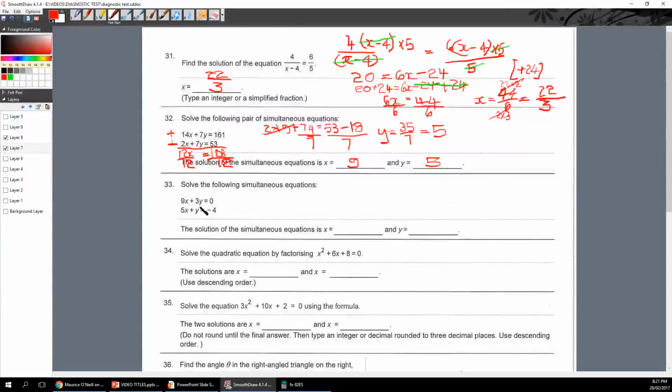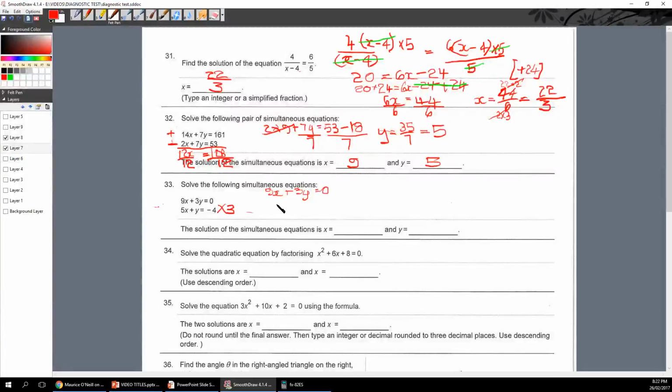What you can do with this one here, well, you can do the same sort of thing, except you've got 9x, 5x, 3y. As long as you multiply every term of the equation, I'm just going to write this over here. I'm just going to write times 3 here. So I'm just going to multiply that bottom equation by 3. So I've got 9x plus 3y